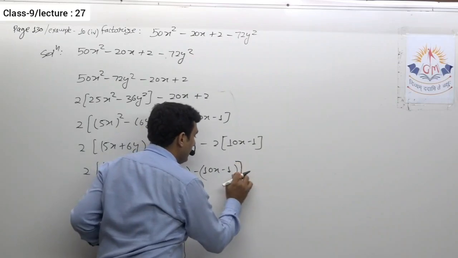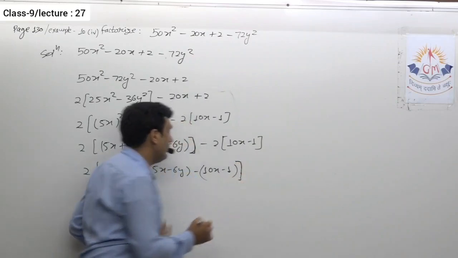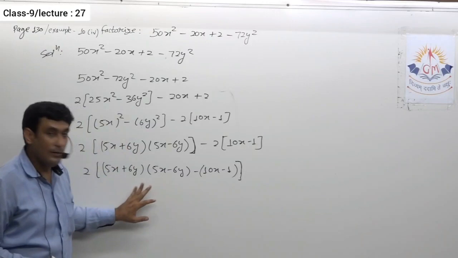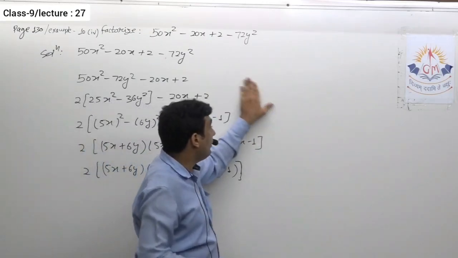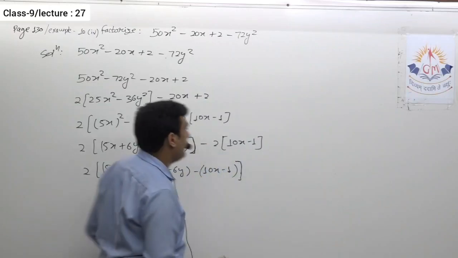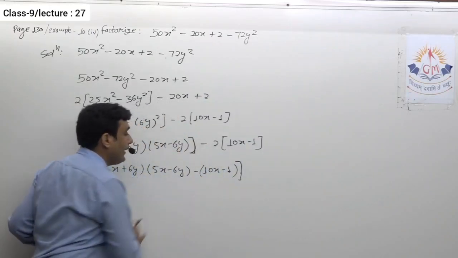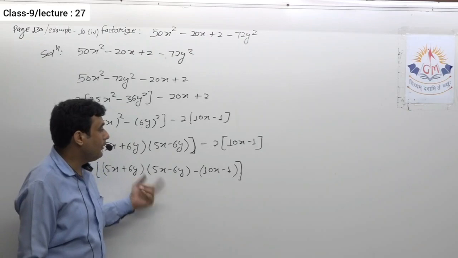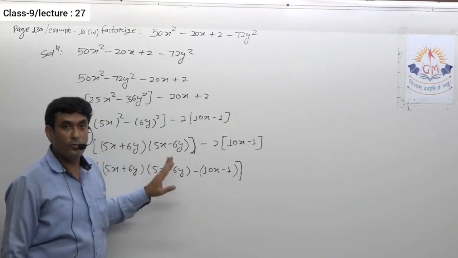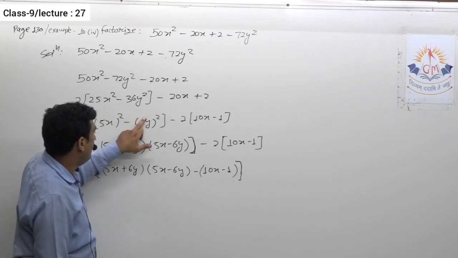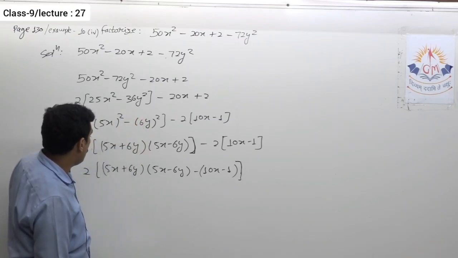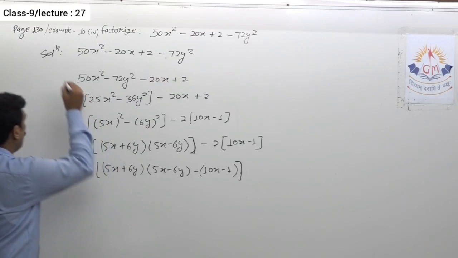Is there any other way to find it? If this type of question comes in the subjective part, definitely you will get full marks. But suppose you have this question in the objective MCQ part, and your answer is not matching the given options, then you have to think of another way to find the factors of this. So definitely we'll see whether it is possible to find the factors by any other method. But before that, note this down.